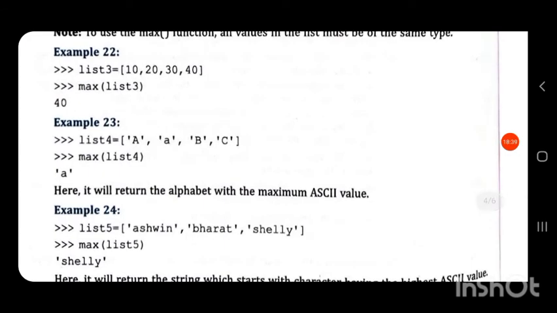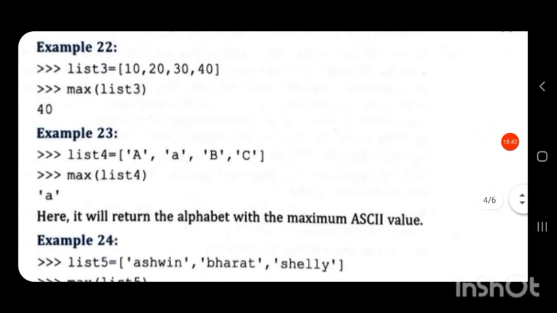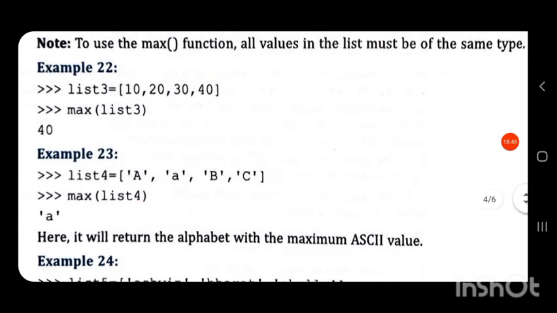What is given inside the bracket of a function is called the argument. The argument given is the name of the list, that is list3. It will return the maximum value in the list, that is 40.